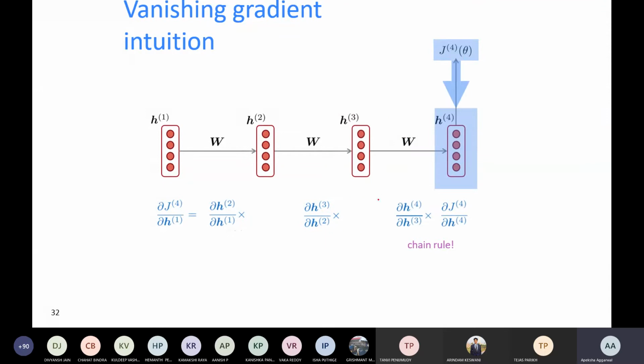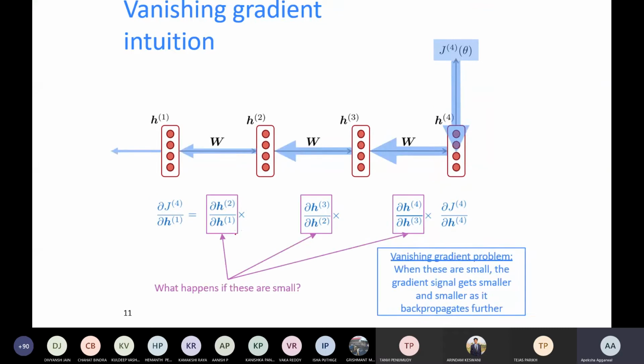Over here you can calculate change in 4 with respect to 3. This we have seen already, that we cancel out this part and we calculate this change in fourth with respect to 1 by multiplying the gradients of all the layers, right? So while propagating, we are multiplying the gradients of outer layer with the previous layer, third layer with the second layer with the first layer. Then we will get the gradient of output layer with the input layer. Okay, so this is chain rule.